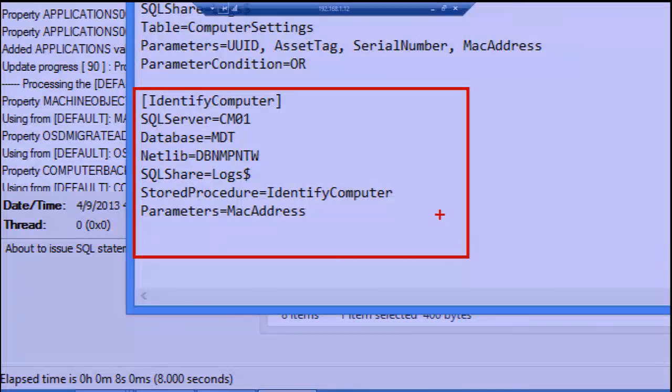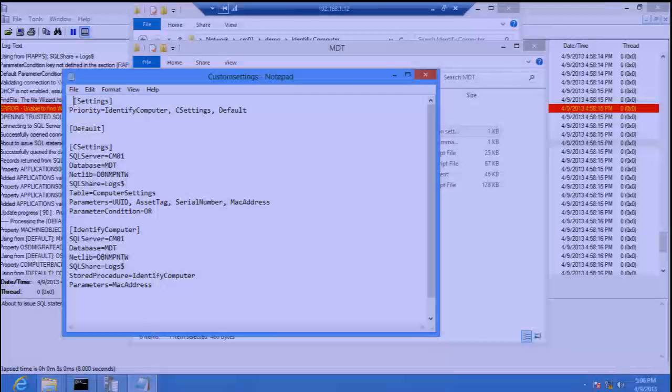Not that difficult. You need to specify the name of the stored procedure, and in this case, I'm passing the MAC address to it. So if I run this script,